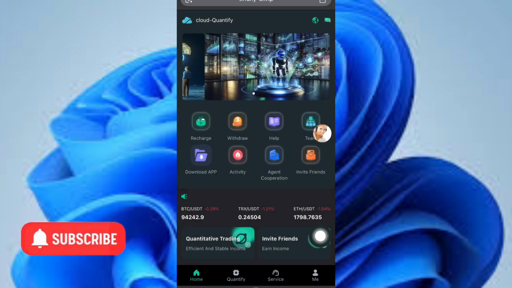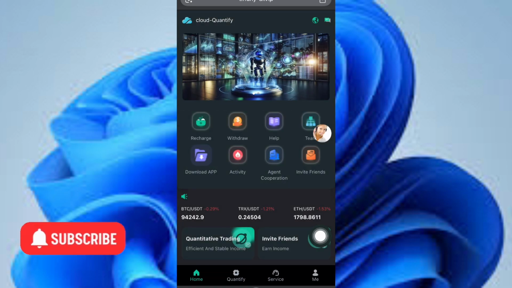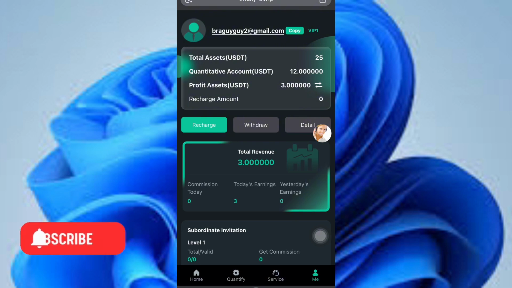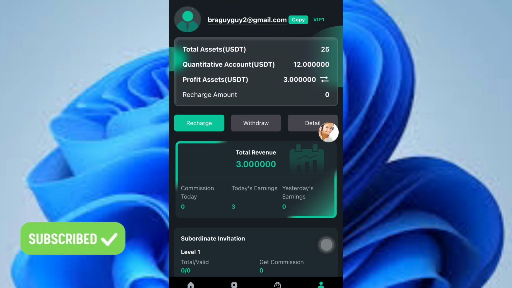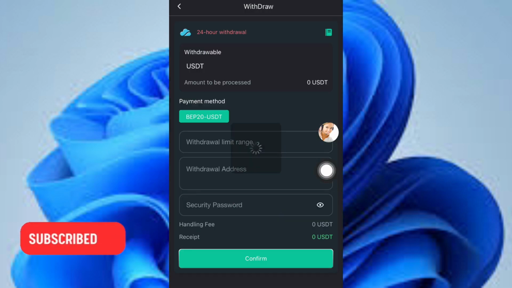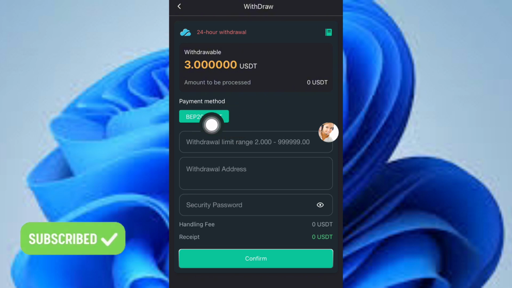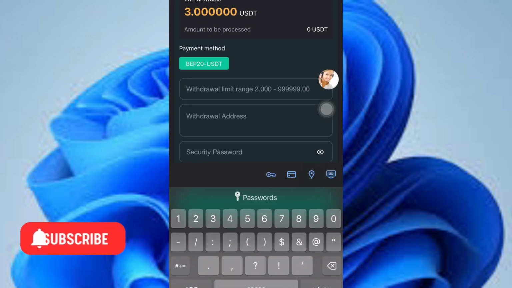So the withdrawal aspect is the most important part a lot of people want to know. So all you need to do is just click on the withdraw button here. Click on it and select any of the payment methods you can use, either BEP20 or TRC20. In this case I want to use the BEP20. So mind you that the minimum withdrawal is 2 USDT. So what I need to do here is just input 3 USDT because I want to withdraw 3 USDT,